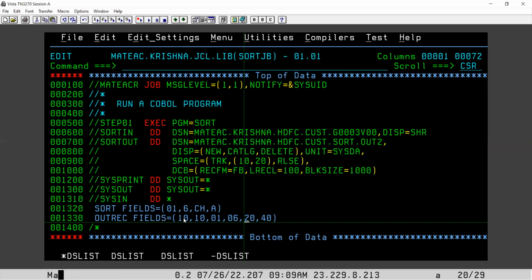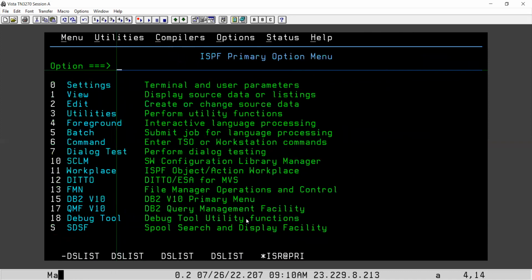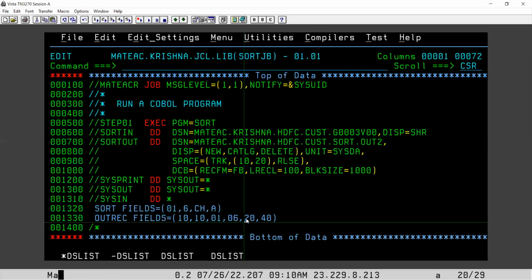So in the output file it will write 10 bytes, then 16 bytes. Okay, 10 plus 6, 16 bytes. Then it will write this 40 bytes from the next position onwards. Earlier when we ran the other job, we gave a gap. In the INREC fields we gave a gap there. So same like that, if you want to have some gap,